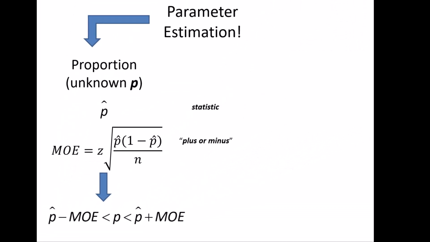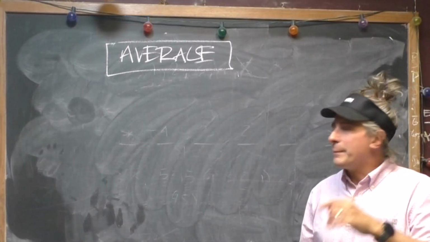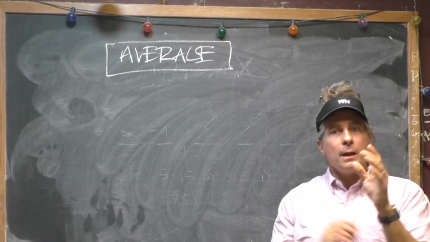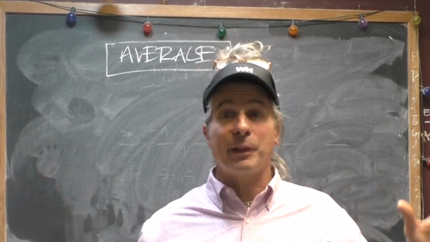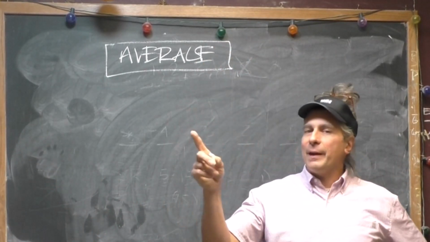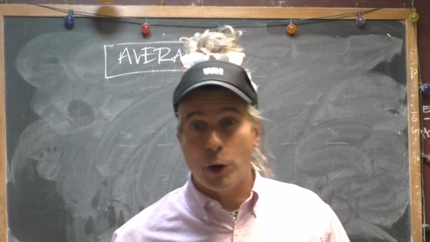Beautiful. And then down here is the punchline, of course, that you are confident that the proportion you're looking for in the population is trapped between p hat plus or minus the margin of error. Excellent. Now, the catch now is we no longer are looking at a proportion. We want to look at an average with an unknown mu. Okay, so we need an average. In the population, that average is the Greek letter mu. It's just a fancy Greek letter that means it's the population average you're never going to know. So somewhere out there in the world of Del Taco half-pound bean and cheese burritos is the average weight, which we're never going to know because we can't weigh them all.